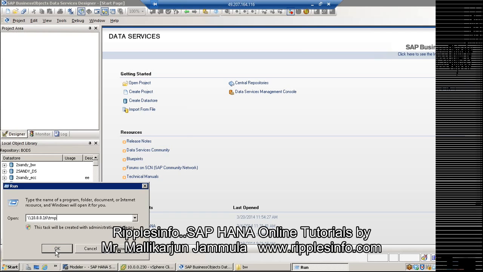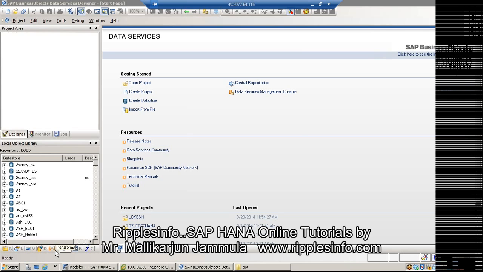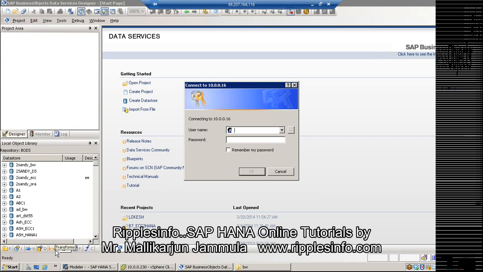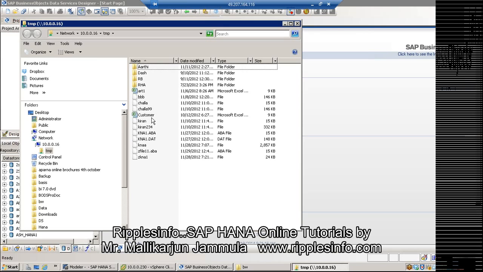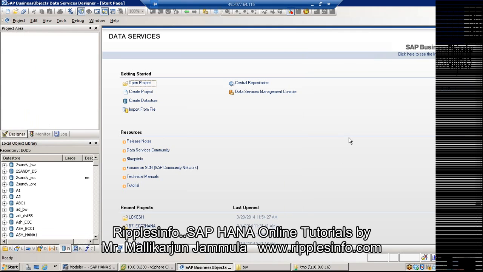Place your file here. In case when you are opening this path, the shared directory, if it is asking for user ID password, use the same BODS user ID password. Administrator, I capital India123. So here you place the file like this. So that's the first thing you need to do. Then after that,